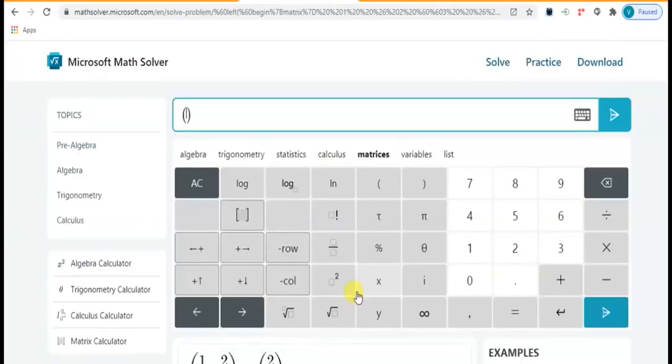You can also perform matrix operations. Suppose I want to multiply two matrices.